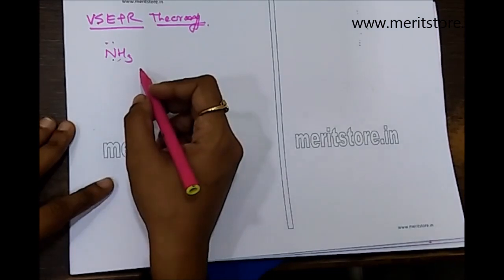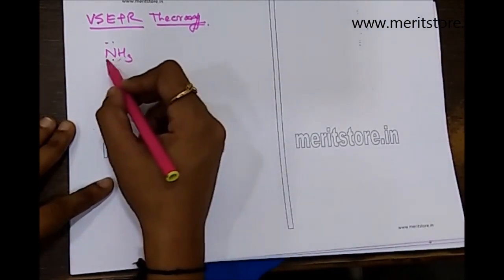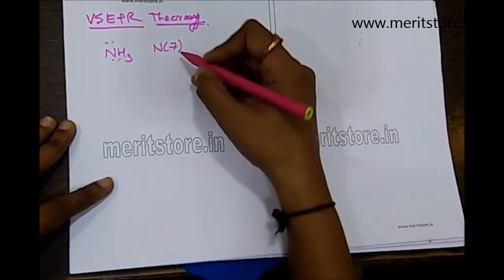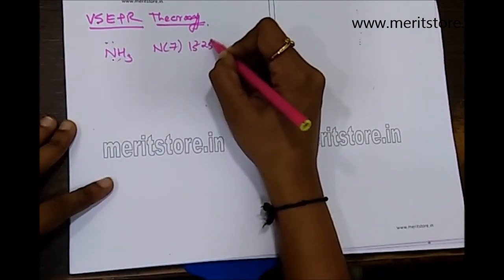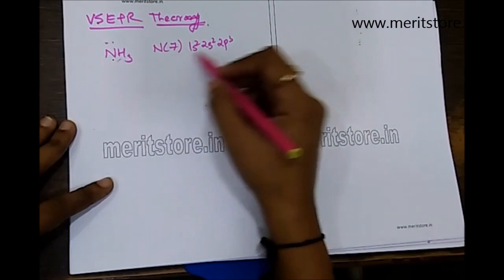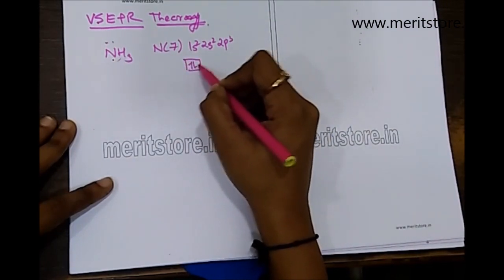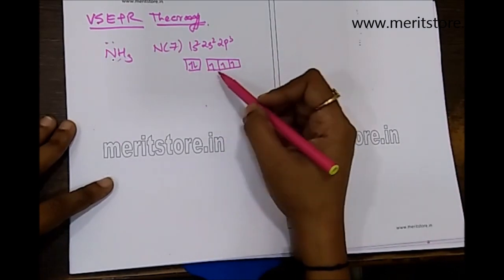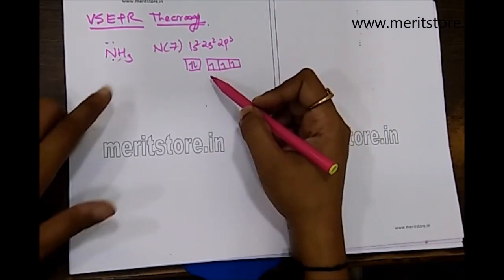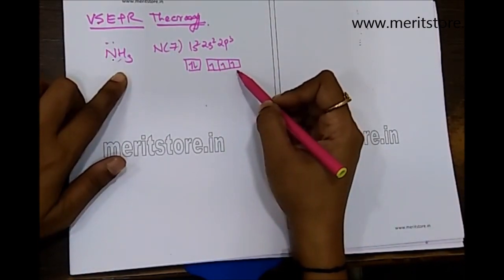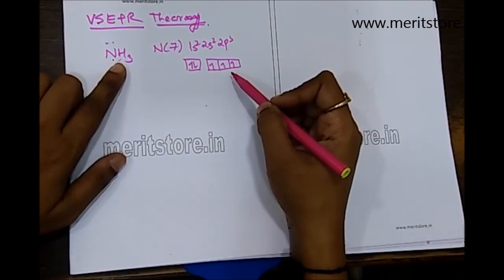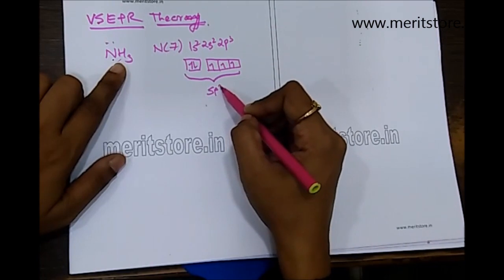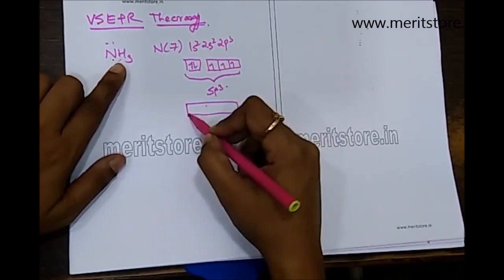In ammonia, the nitrogen has the atomic number of 7, so the electronic distribution is 1s2, 2s2, 2p3. The 2s electrons are the paired ones and the 2p unpaired electrons are there. Here there won't be any excited state because we have 3 unpaired electrons and the 3 valency of hydrogen. In this case, they will undergo sp3 hybridization, which will generate 4 new